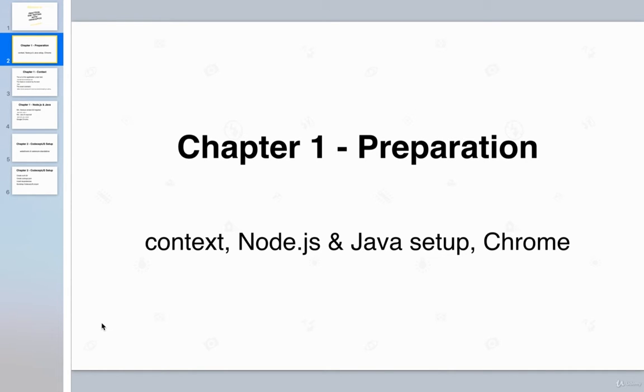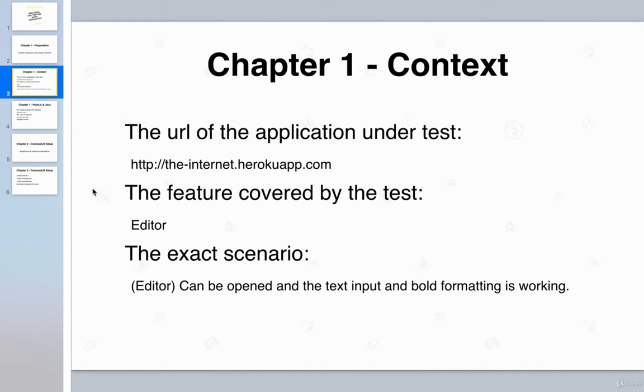So as I said, the first thing is we need to define and talk about our context. This is very important, and this is one of the few tips I want to share with you. Normally, when you start writing end-to-end test automation, you jump right to CodeceptJS and type out some commands. This is totally okay, but I recommend to really think about what you want to test before and write it down in such a form I present here. So writing down the application under test, writing down the feature which should be covered by the test, and also